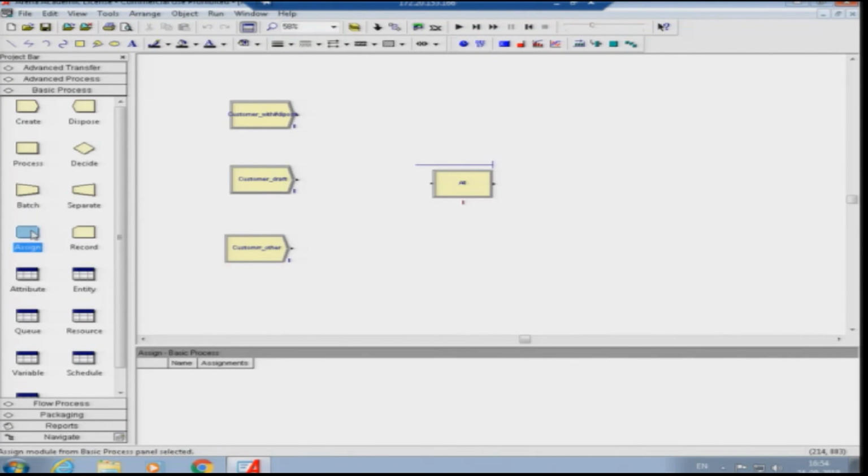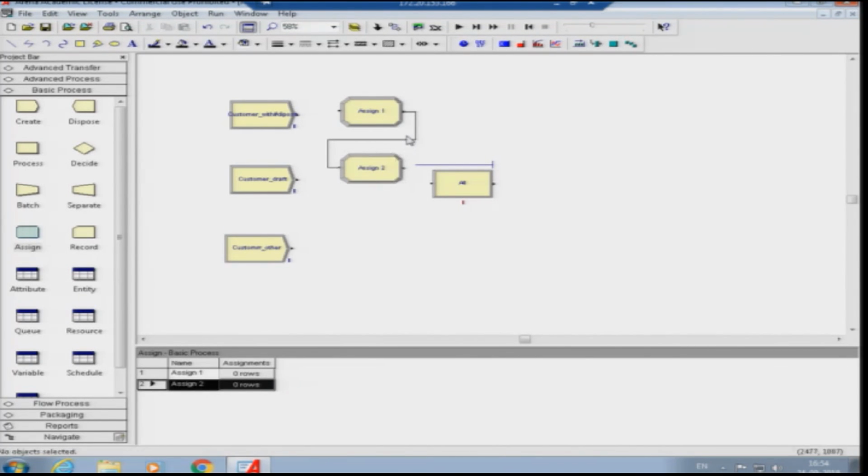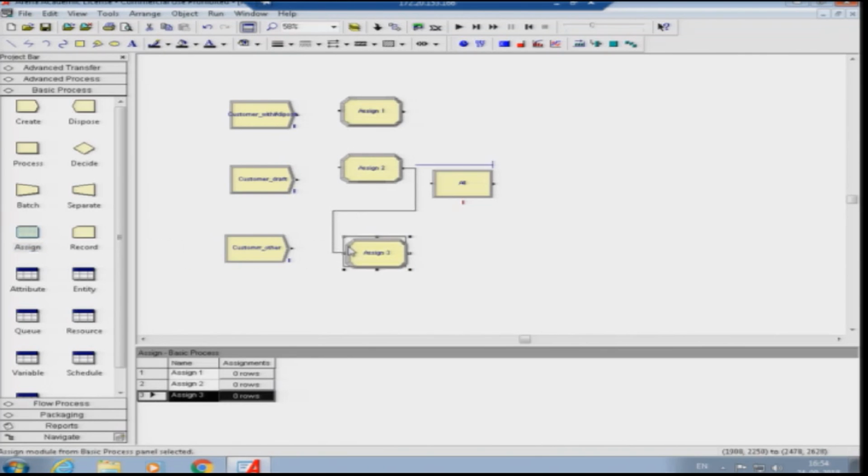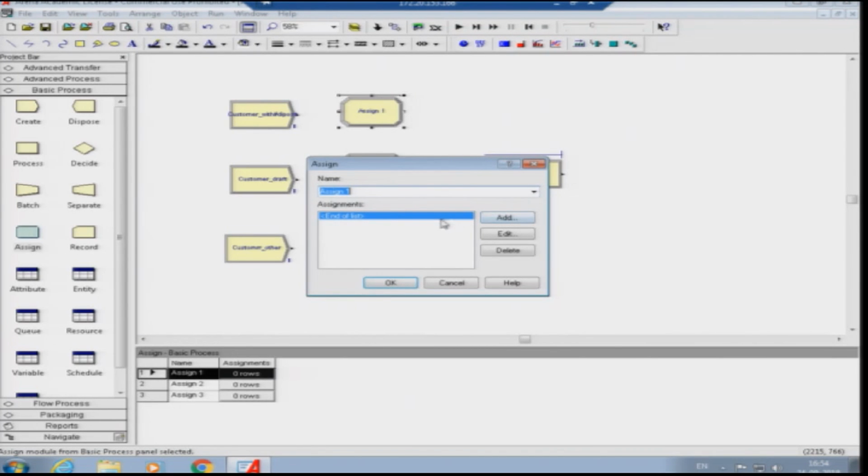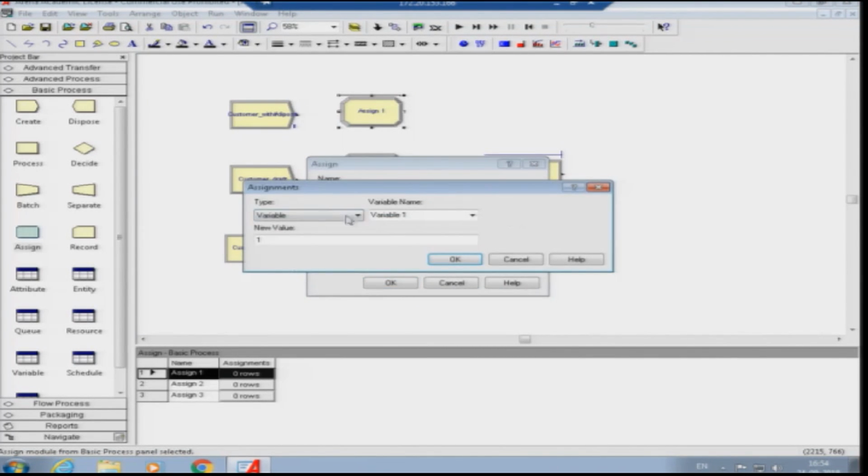So here is the assigned node. So we'll put an assigned node in front of every customer. As I said earlier, we will put the attribute value, say for example customer 1.